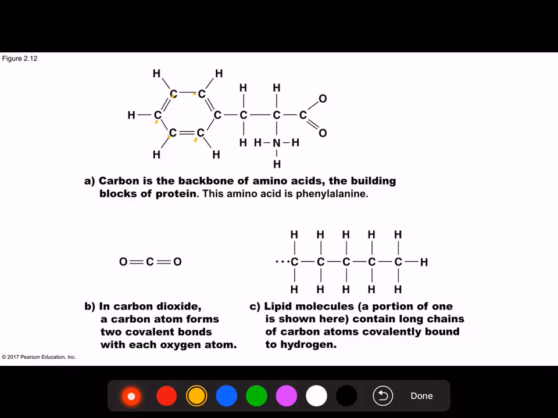Carbons, as you can see, can bind in single covalent bond, double covalent bond. It can bind to hydrogen, nitrogen, and oxygen. It can form a long chain, a linear chain, or a circle, and so on. So all of these different forms of how carbon can interact with other atoms make it very fit to build